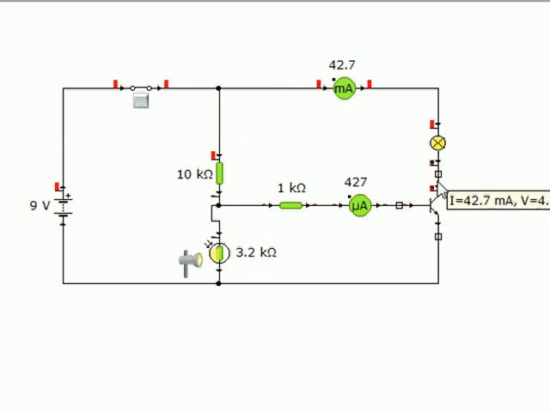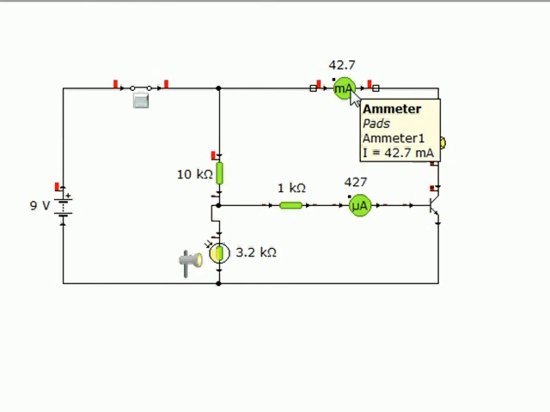Got the idea so far? It's just the principle I want you to understand, not the sums. The input current divided into output current, the collector current, gives us the gain or the amplification. Okay, let's move on to now our fourth circuit. This is the